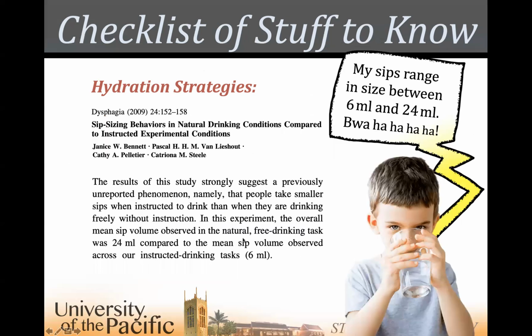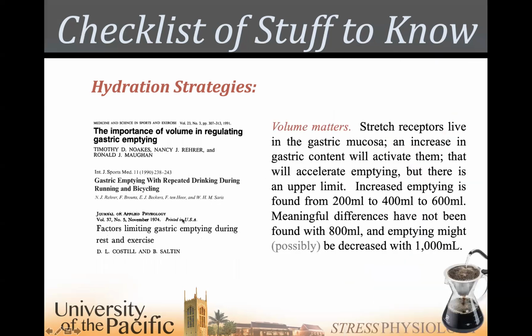It's not that fast. And so this little kid sips somewhere between 6 and 24 milliliters. And so this sip a minute rate, that's a fine rate for emptying and to get those sips into the sweat, but you can't just gulp and gulp and gulp and hope it does something other than slosh around in your stomach. But again, volume matters. You get to 200, you get to 400, you get to 600 milliliters, and you're emptying